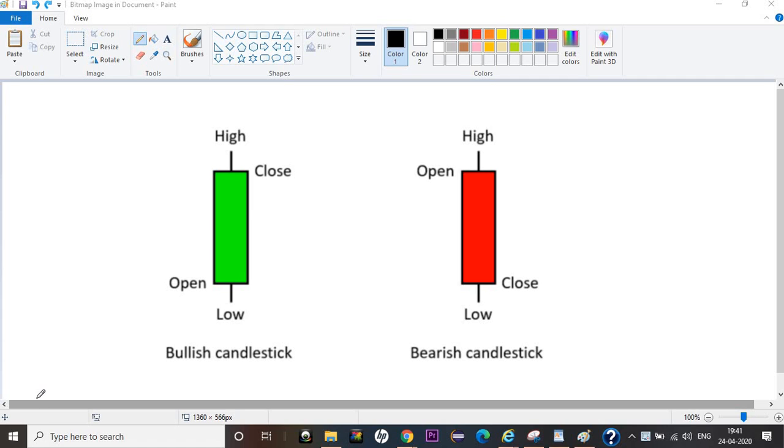This is tutorial one for the candlestick series. In this video we'll be covering the basics about candlesticks, why you should use them, and how they can marginally shoot up your profit probability.